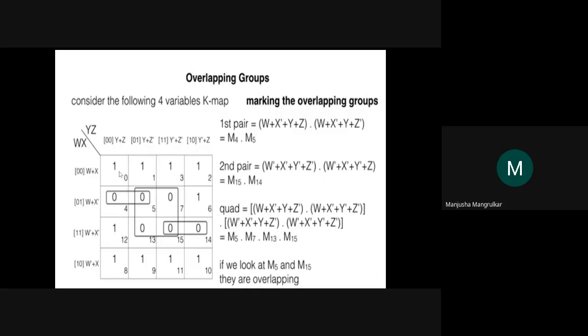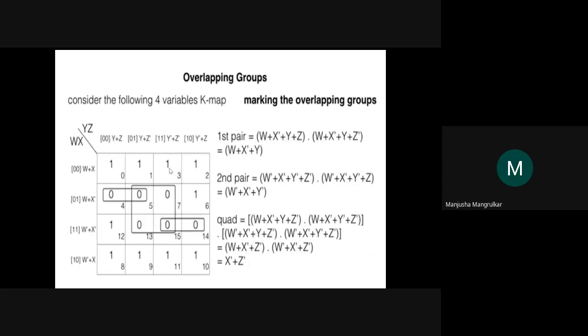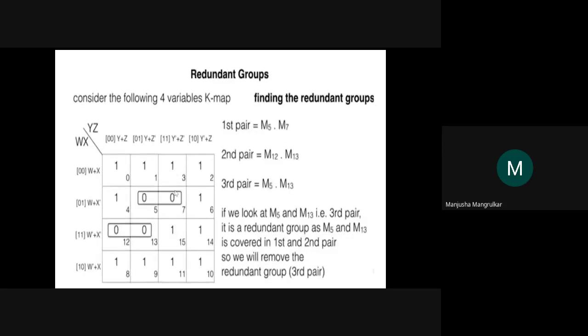It may be that, suppose, here and here are 0. So we can form here the four zeros. Suppose here and here also 0. So we can form this four column. So these rules we have to apply to the overlapping groups, rolling mapping, overlapping groups to form the Boolean equation by using a KMAP. Now the next example we are going to see, suppose this is the pair, right?